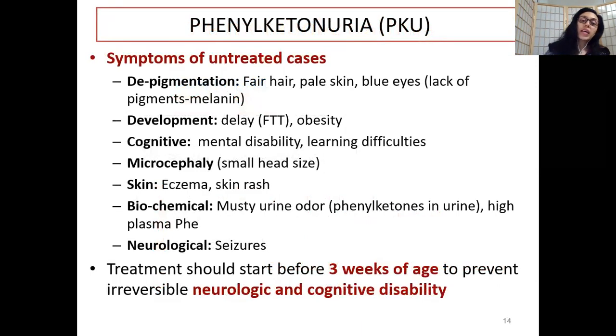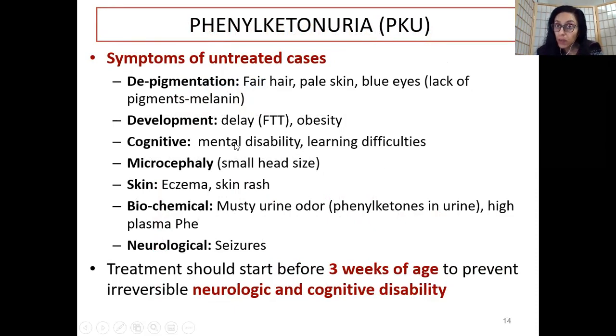Now when we look at, guys, the signs and symptoms of untreated cases, as I said, the individuals could be very fair and pale looking. So not only their skin, but even their hair and blue eyes, because of lack of melanin pigment. So depigmentation. Then you have developmental delays like failure to thrive, not reaching your optimum height, for example. These patients could experience overweight and obesity. And why is that? Because we know that thyroid hormone is not being synthesized properly, which is the king of your hormones in terms of metabolic regulation.